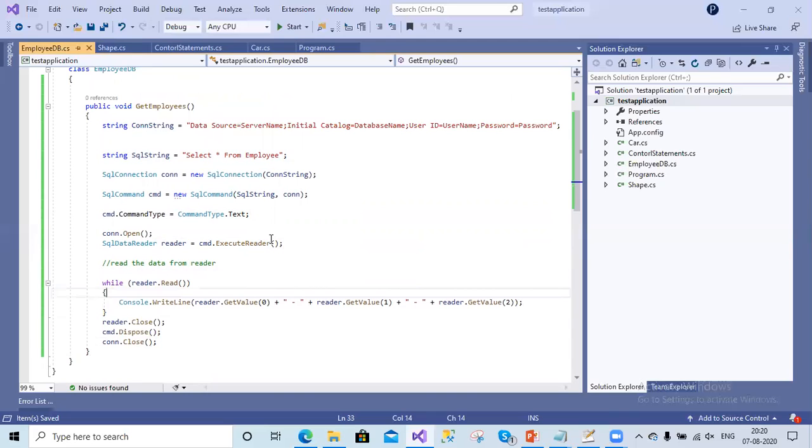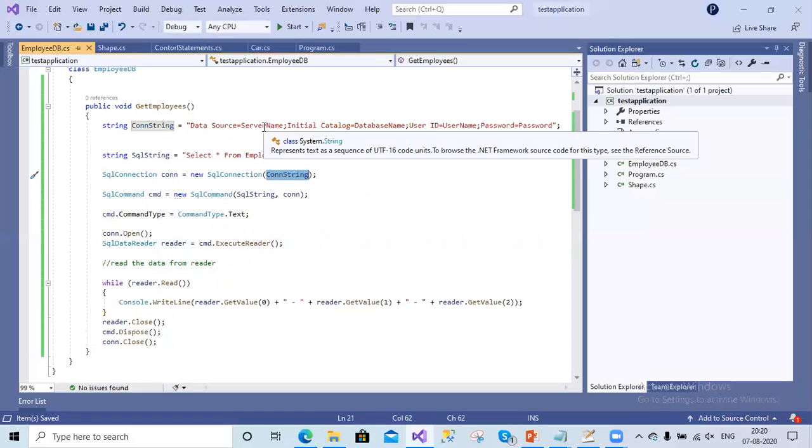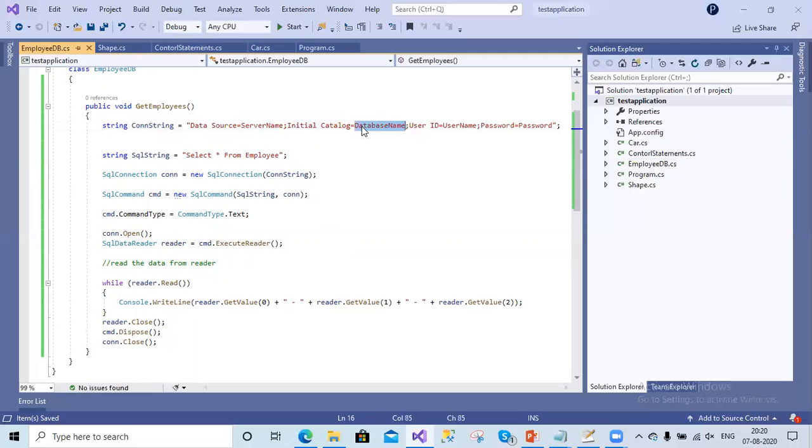So this is the basic format of the ADO.NET syntax. First thing is we have to open a SqlConnection, which is coming from System.Data.SqlClient. Inside the connection we have to pass the connection string. The connection string will have which server you want to use, which database you want to connect with, and what the username and password for the database are.